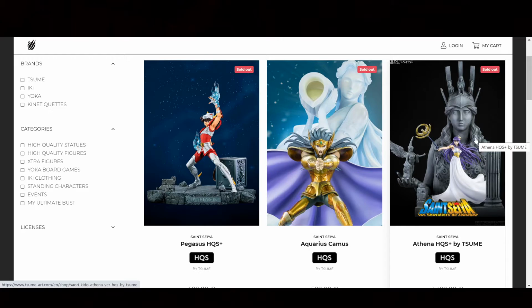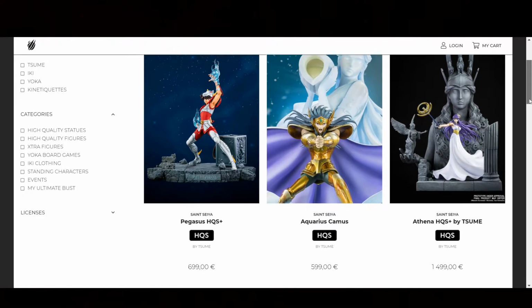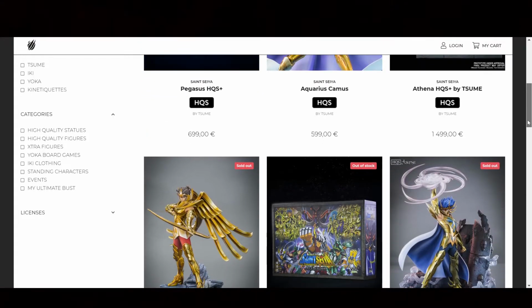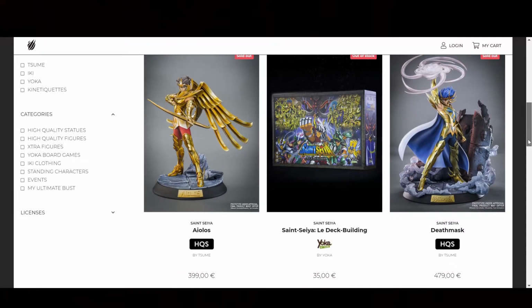People are excited for it. It sold out right away. Very nice piece, also very expensive, but beautiful. And it's going to kind of set up the whole diorama. It's going to be pretty much set up around her. But, you know, when you look at the stuff they have produced over the years, I love everything. Of course, they got the gold cloth